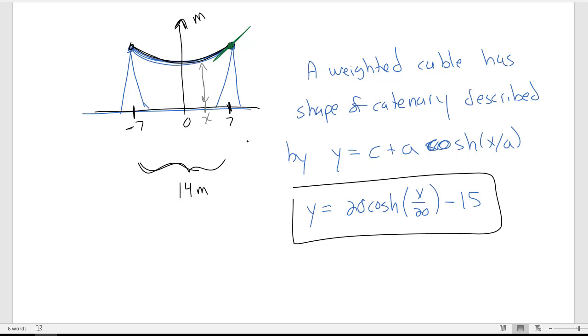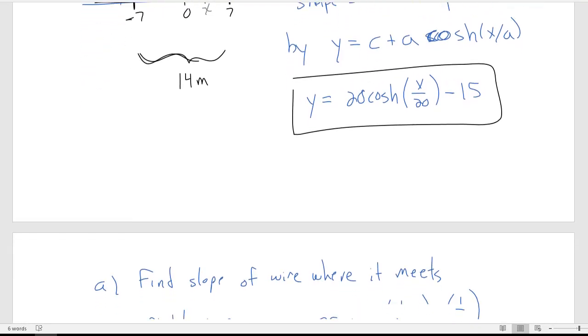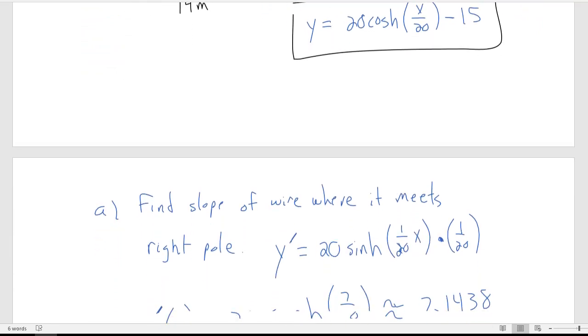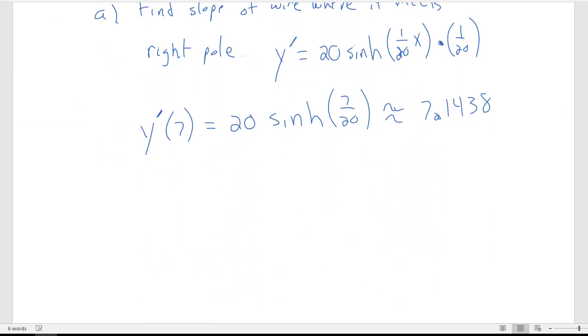Now if I think for a moment, if I look at the slope of the curve, what I have like rise over run, my rise over run is meters over meters. So I really have the slope being a unitless measurement there. There's the slope of my line, and meters over meters would be unitless. The reason that I bring that up is part B. What I want to ask is, what is the angle that the wire makes with the right pole? So let's say part B is find the angle